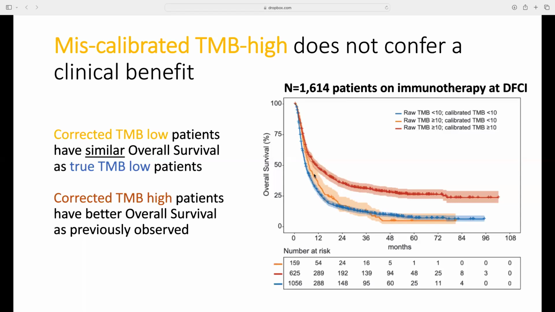And so what this is saying is that for this orange group, they were or may have been recommended for immunotherapy based on a TMB high estimate that was inflated, and that this may not have been the optimal treatment for them because their survival is essentially the same as the individuals who were TMB low to begin with. And so this bias and inflation in the TMB estimate may indeed have a clinical impact because it's identifying individuals who then don't respond any better than the background group.